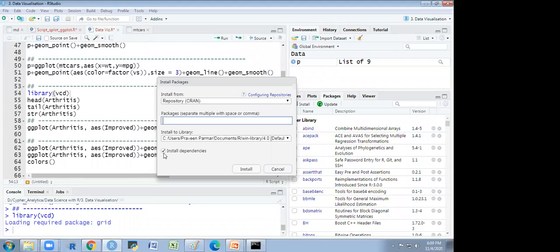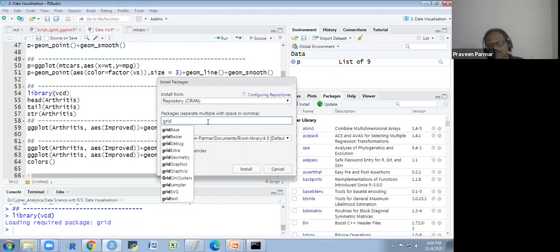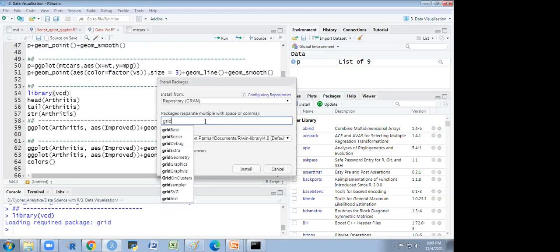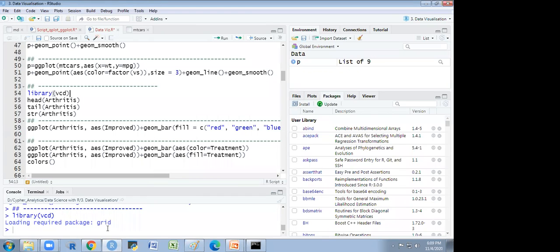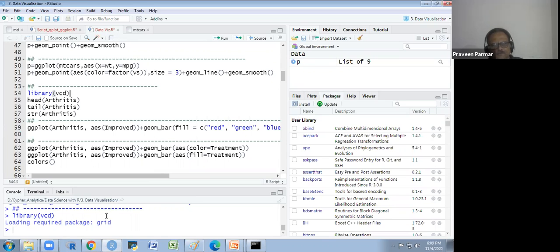When I type grid, I get a lot of options. And what are the instructions telling? It says the same thing: loading required package grid. No problem. So it means I have the vcd function. Okay, thank you.